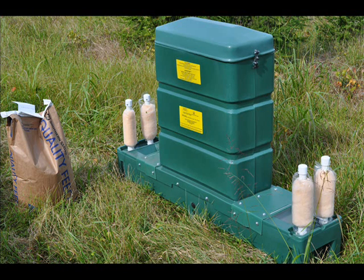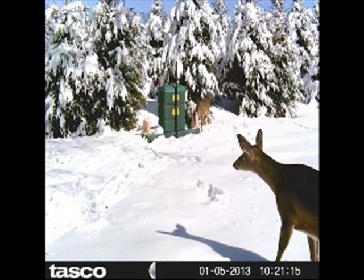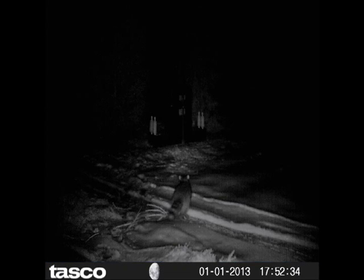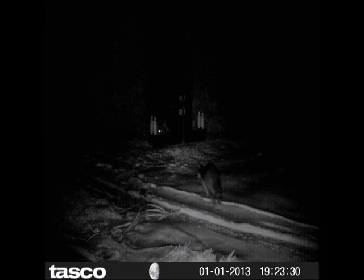This is a 4-poster feeder that we have at Highland Hill Farm, and we use this to feed deer and other wildlife at the farm. And as you can see in this picture, a little squirrel and raccoons come up to this feeder. But we have this feeder here to feed deer primarily, because deer is the biggest vector for carrying ticks around